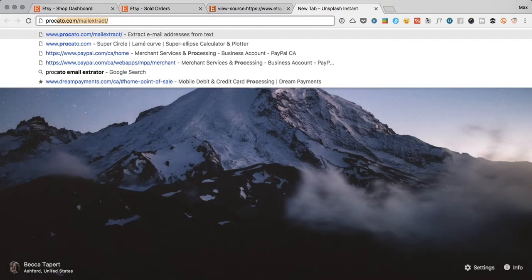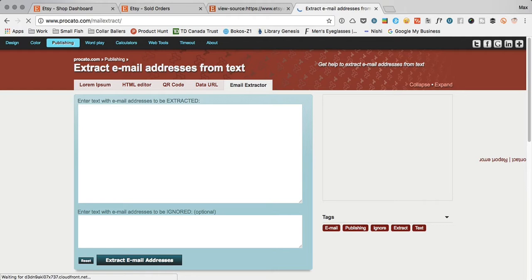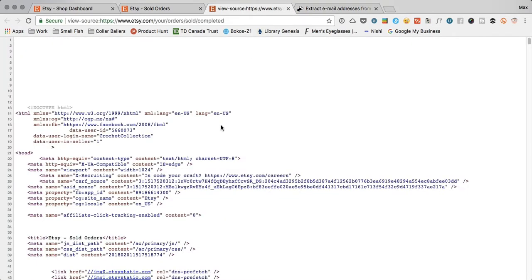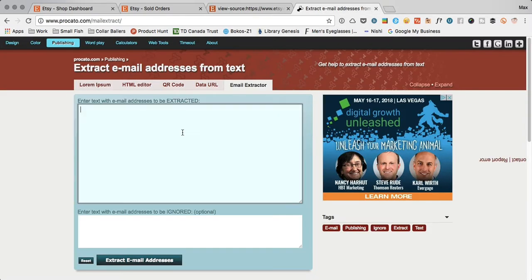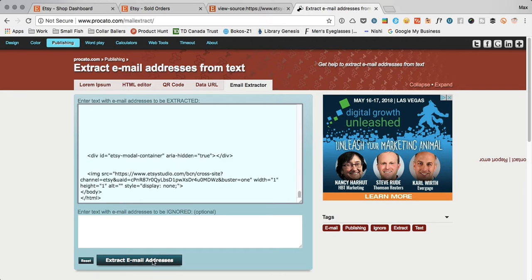So we're going to use a tool. I use Pricotta.com/mail extract, but there's a bunch of different ones that you can use. Basically, you want to go here and do Control-A, Control-C, so select all the text on the page and copy it. Then you bring it down here and just click on Extract Email Addresses. I'm not going to scroll down because I don't want to show email addresses, but they're down there. As you can see, it found 19 addresses in that block of